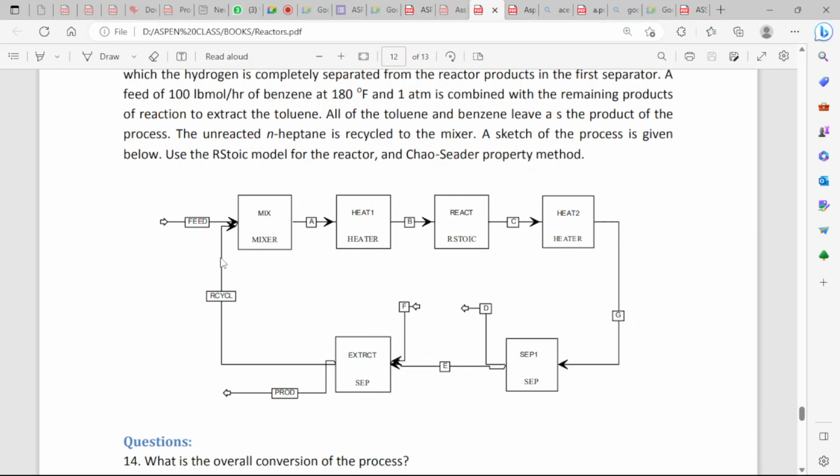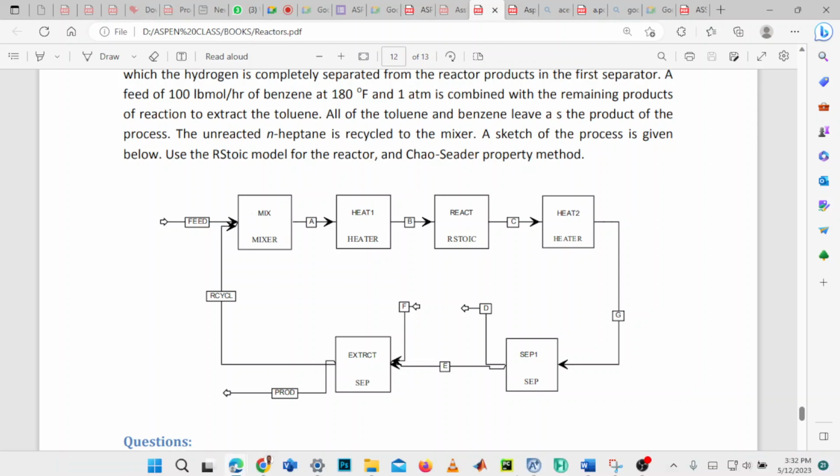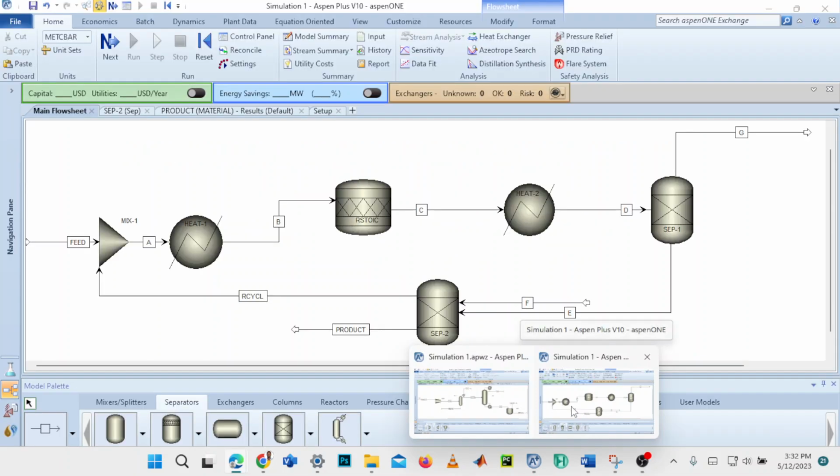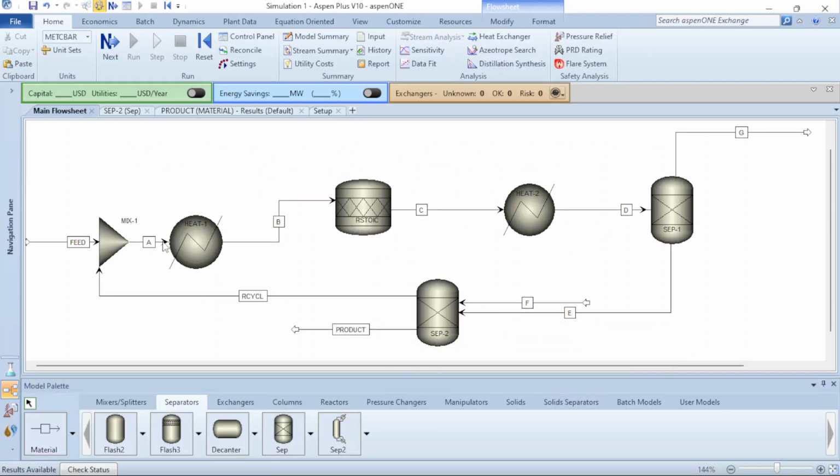So when you are doing it, you are not going to start with a mixer. You are going to start with the first one, which is A. The A is going to be the feed. Or better still, you can start with a feed. So let me go to my diagram. So when you come here, all that I'm saying is that you are not going to start with this first one as feed, but what you are going to do is that,